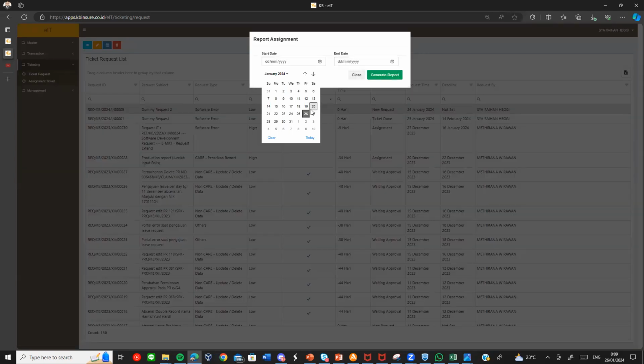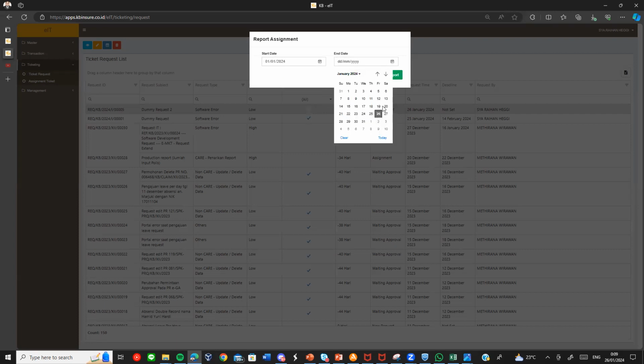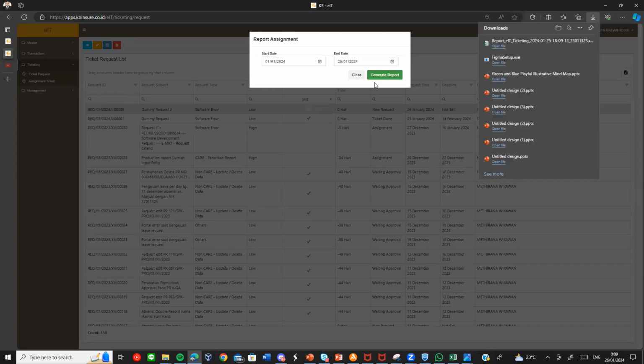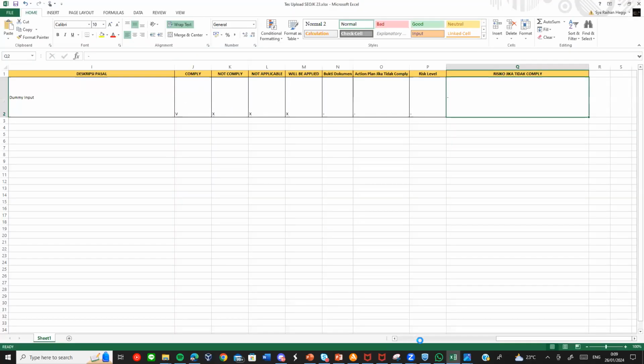For example, from this month to this day. Okay, the system will get the data and then create the report. This is for the Excel.